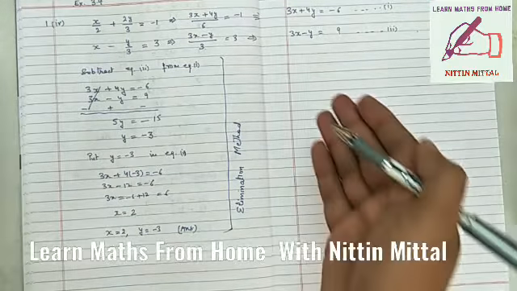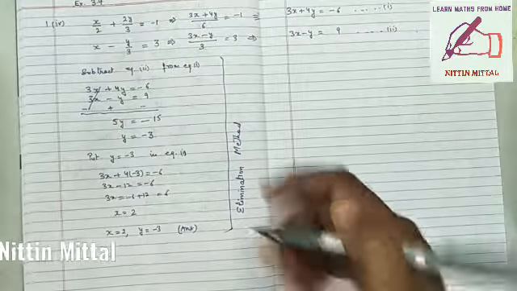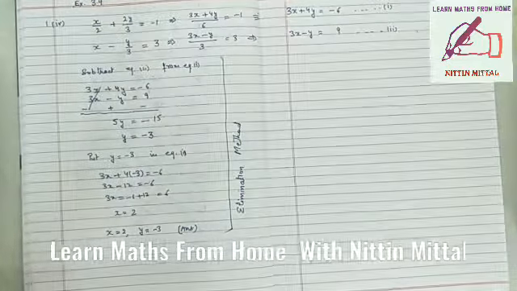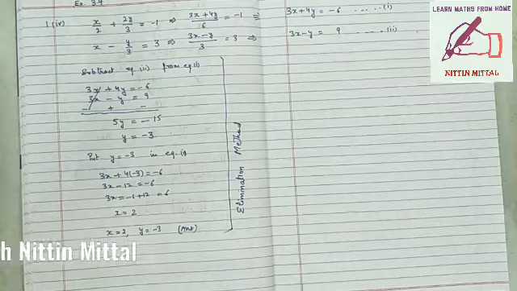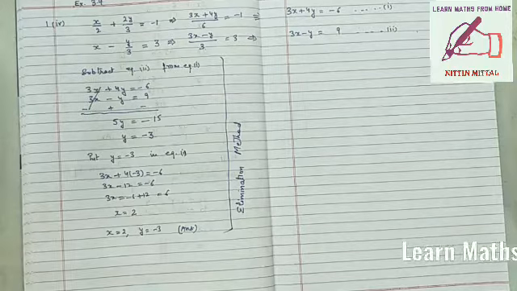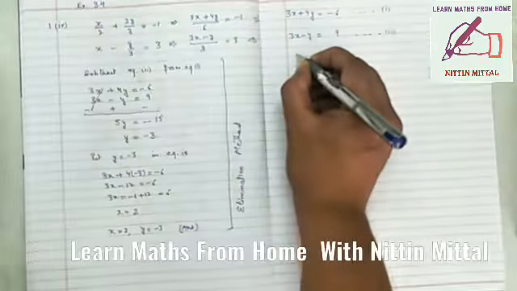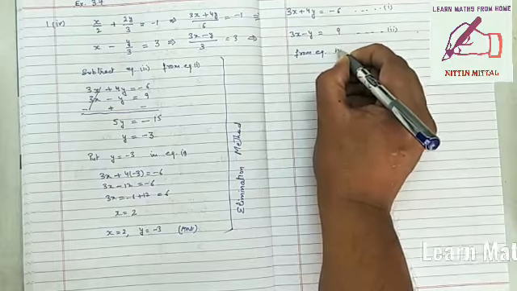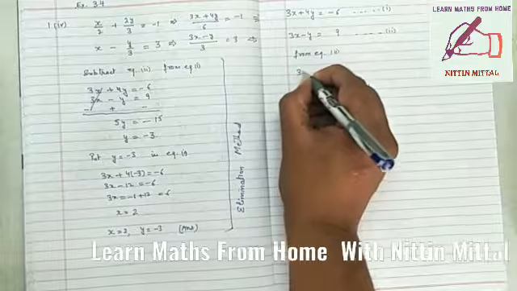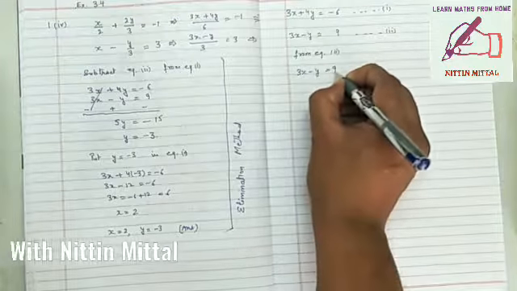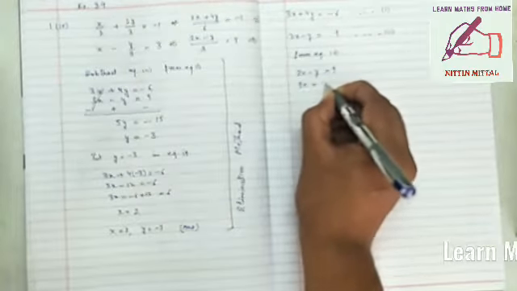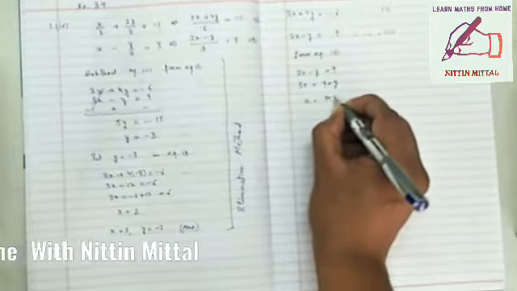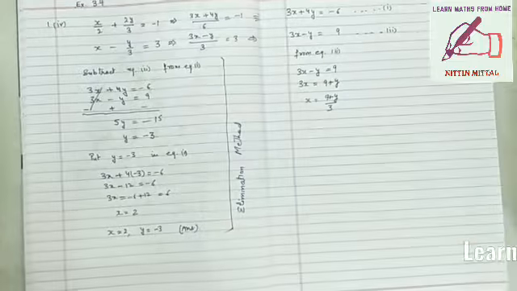So let me revise the substitution method again. As we have already simplified the equations, instead of fractions we have simple equations. So in substitution method we have to decide we will be substituting it by x or by y. So for that we have to take one equation. So I am taking from equation 2. So what we have, 3x minus y equal to 9. So 3x equal to 9 plus y. x is equal to 9 plus y over 3, right?